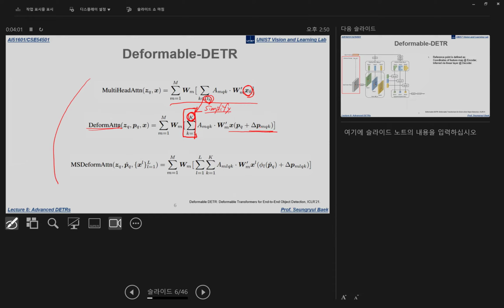Okay, and also which pixels will be considered is decided by these offsets. Okay, so for example, K is normally 3 to 5. Okay, we will only consider 3 to 5 nearby pixels rather than considering all the dense nearby pixels. And we will estimate their offsets. Okay,